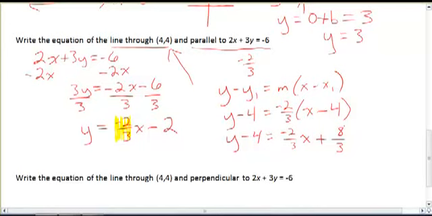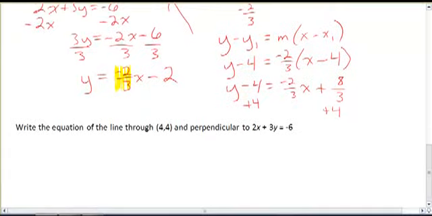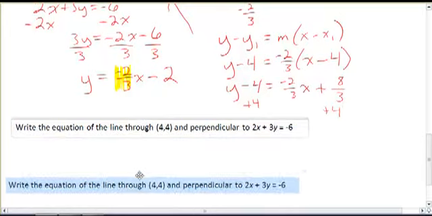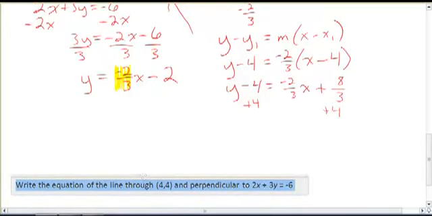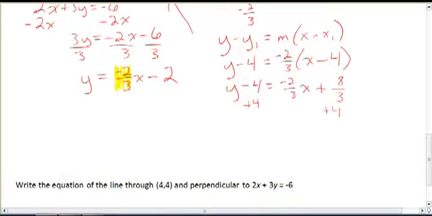Well, one step left. Add 4 to get the y by itself. Okay, so here I go. I'm going to have to move this down one more time. Let's see if I can do this time without erasing anything. No guarantees. Alright, so when I add 4, I've got y equals